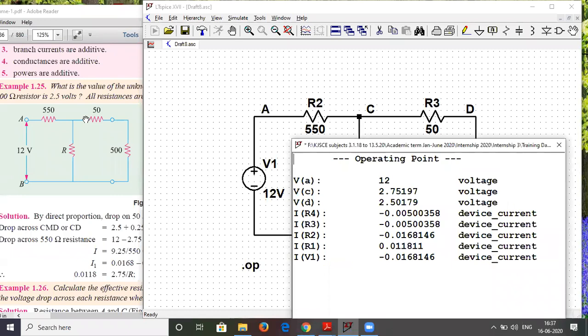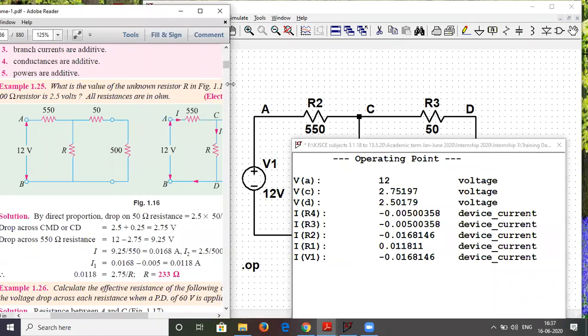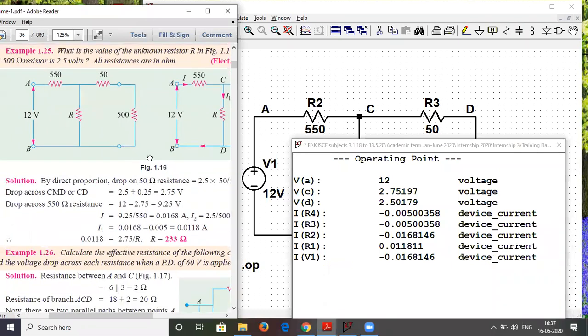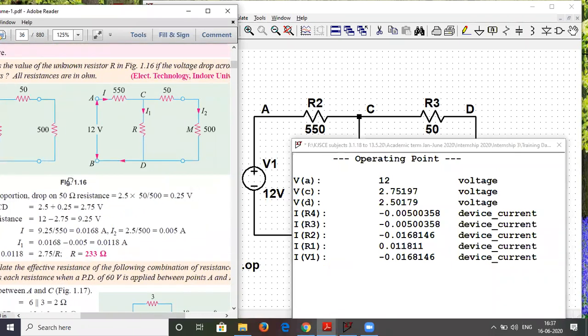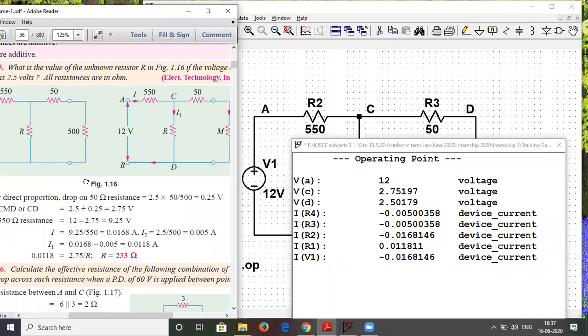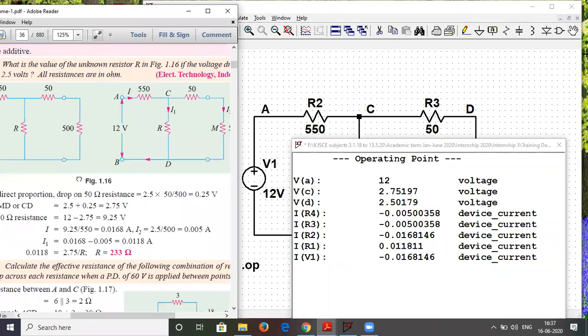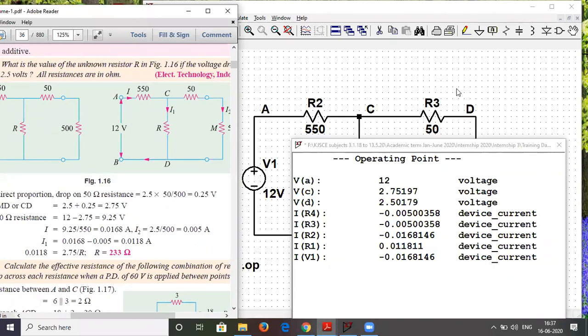So let us check the answers now. This was my PDF. Here, the drop on the 50 ohm resistor means VCD. So VCD means VC minus VD, that is 2.75 minus 2.5, which is 0.25.